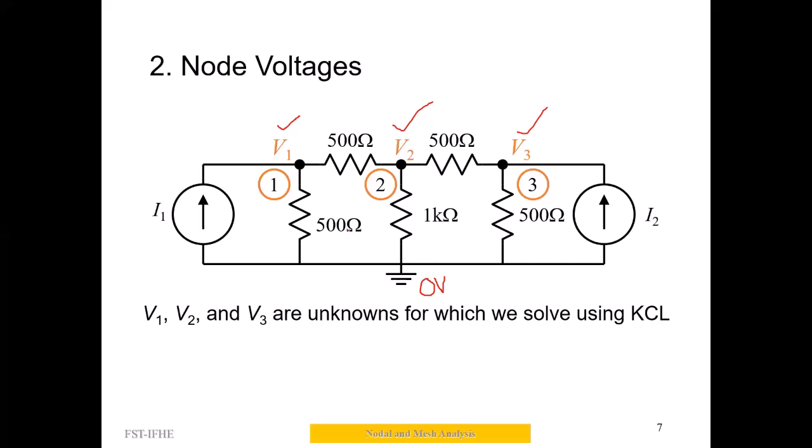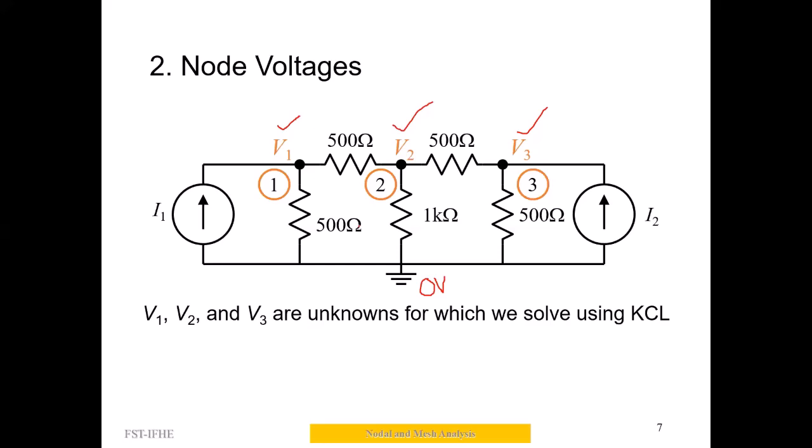So now, in order to identify the currents in different branches of this circuit, we need to identify 3 different unknowns. In order to do the circuit analysis of this circuit, we need to have 3 linear algebraic equations. Once you simplify, the 3 linear algebraic equations are sufficient to determine 3 different unknowns. Once you know the unknowns, we can find the current through each and every branch, and we can also determine the voltage across any branch.